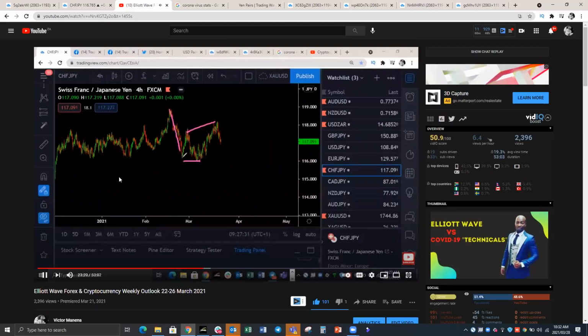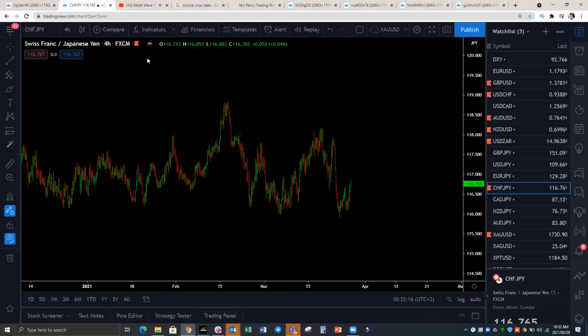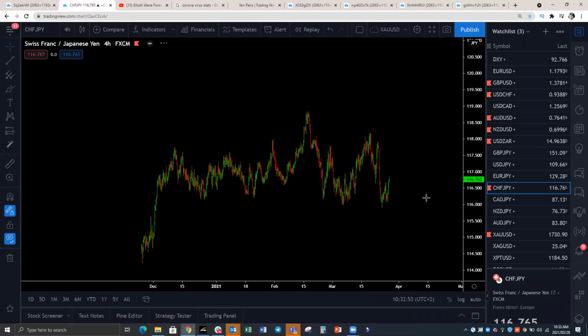As you can see, we expected chief yen to give us a correction and a push to the downside. We didn't quite get here. We got around this level, but the idea was to get a corrective structure and continuation to the upside. That is chief yen. Okay, so that is how it has now played out, and now we are seeing this